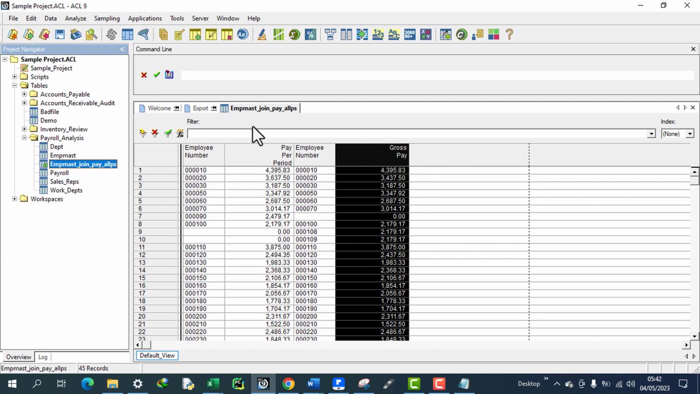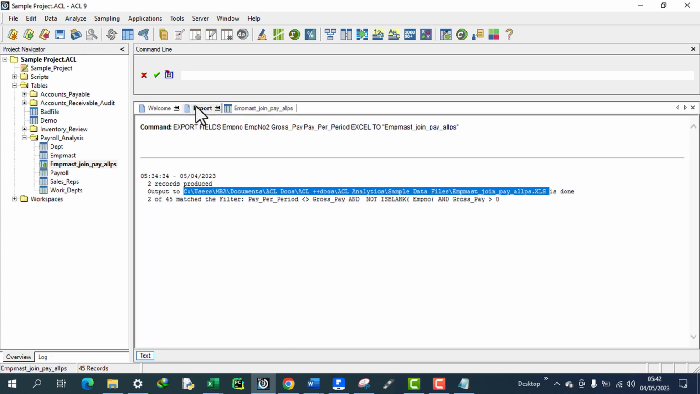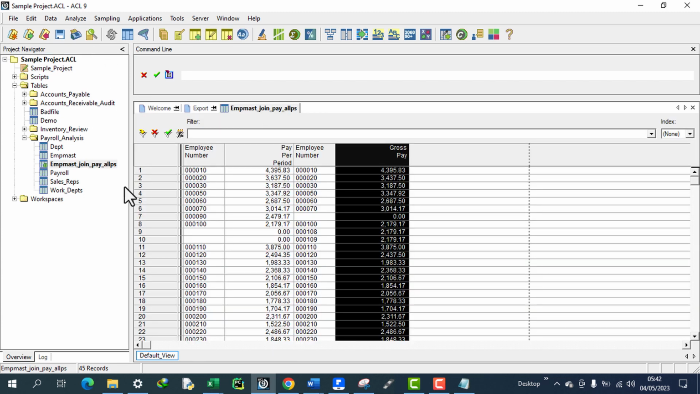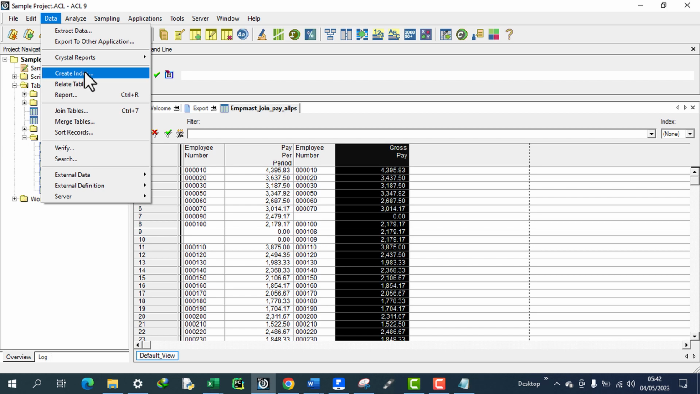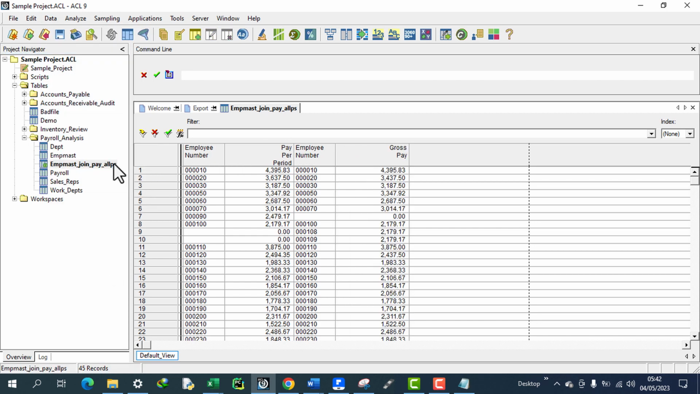If you want to save the former record, you can go to Data, Export to other applications like we did the other time. So now we have the empmaster join table open again, and we want to find the payroll payments that are not accounted for by matching master table records. So we click on FX,